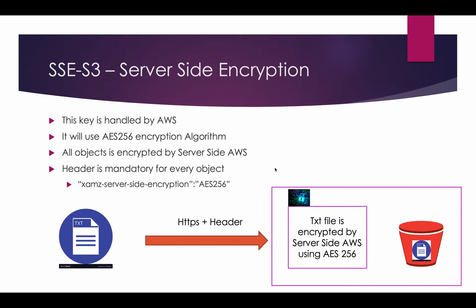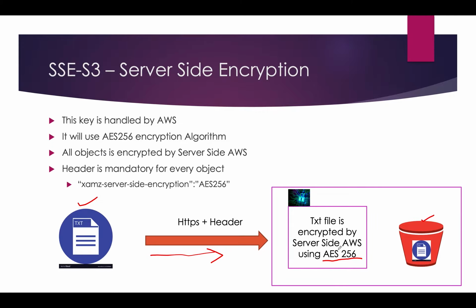Next, this is server side encryption. Let it be the theory; I will explain with a diagram so you understand better. Assume that you are uploading a text file. This is your file, this is the user, and this is your S3 bucket. While you are sending the data, you are providing server side encryption. This text file is encrypted on the server side by AWS using AES 256. If you enable this option while uploading data to the S3 bucket, AWS will take care of everything for you. You don't need to do anything.